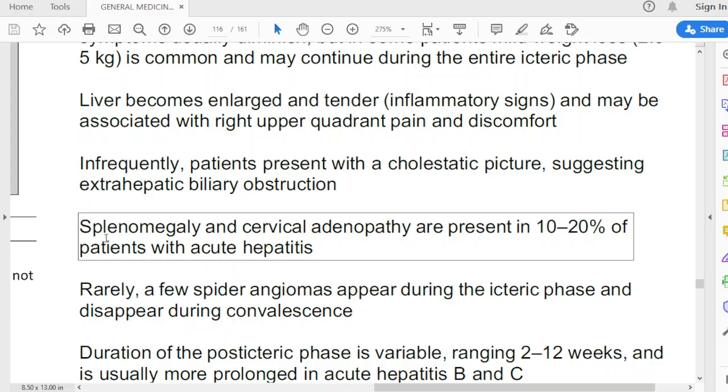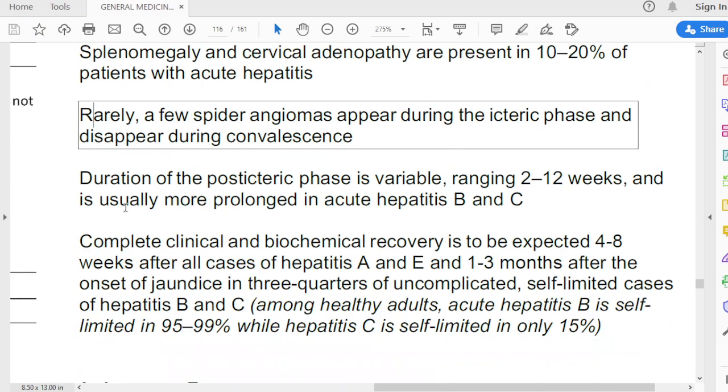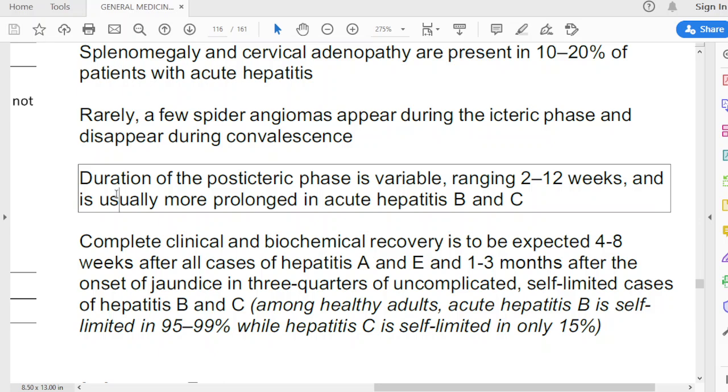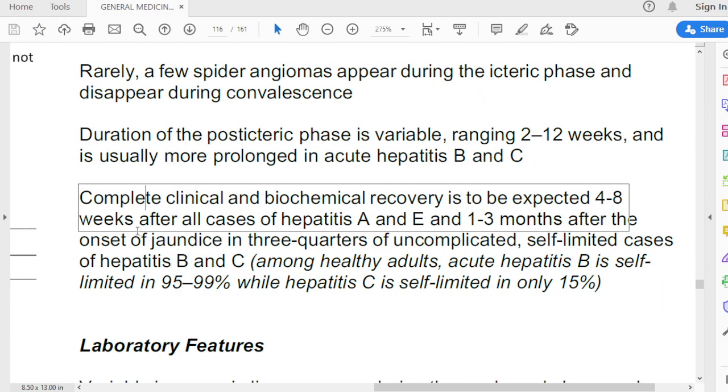Splenomegaly and cervical adenopathy are present in 10-20% of patients with acute hepatitis. Rarely, a few spider angiomas appear during the icteric phase and disappear during convalescence. The duration of the posticteric phase is variable, ranging up to 12 weeks, and is usually more prolonged in acute hepatitis B and C. Complete clinical and biochemical recovery is to be expected 4 to 8 weeks